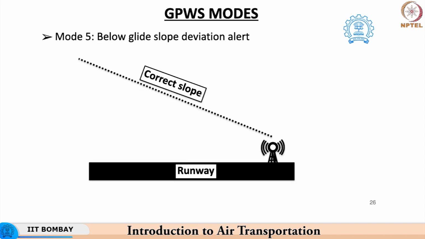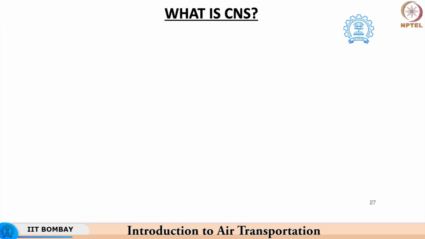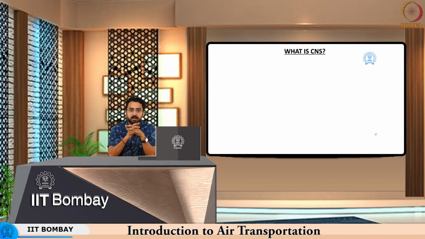The last mode associated with the GPWS is called mode 5, wherein if the aircraft deviates away from the actual required glide slope, this type of warning will come into the picture. So, till now we have understood the three different pillars of overall efficient air traffic management, that is communication, navigation and surveillance. An integration of the three is